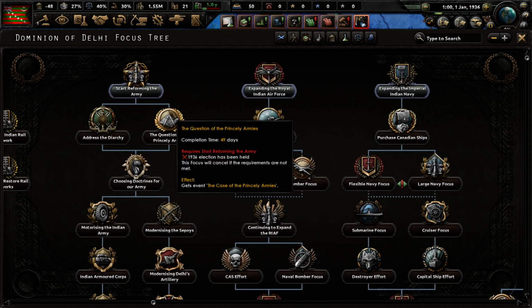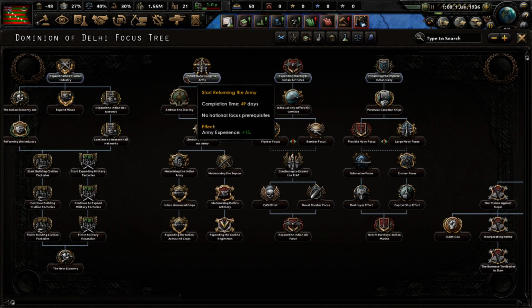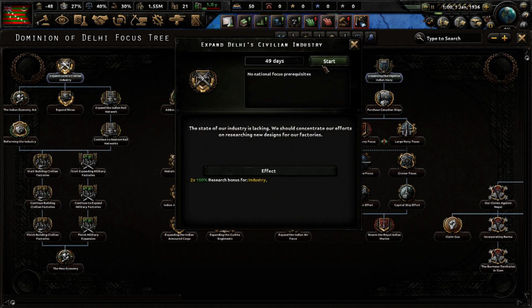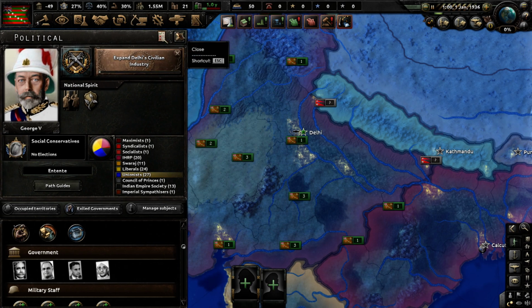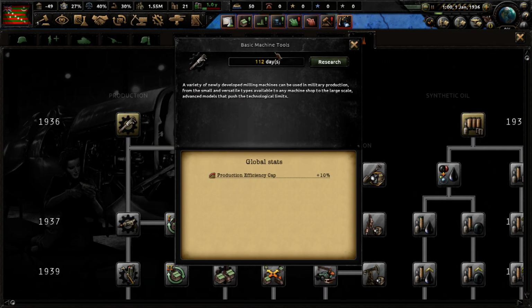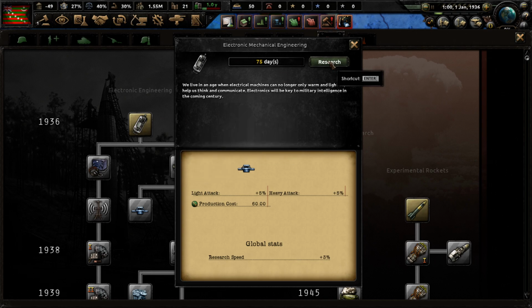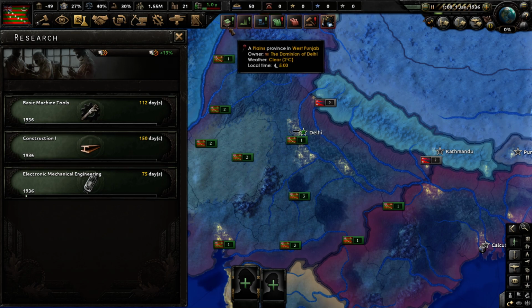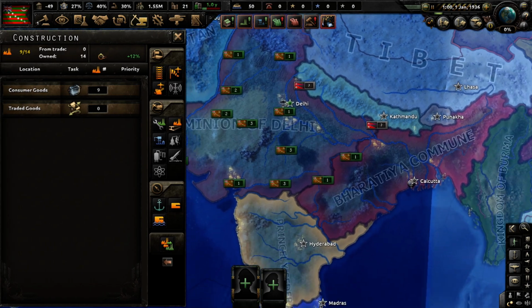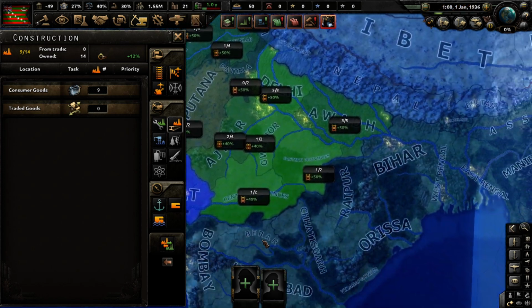So, I believe you can get a different leader than George here. But let's just go with a little bit of industry first, get those double bonuses. 3 research slots, not that bad. Let's go ahead and do basic machine tools, of course, construction, and research speed, electronic mechanical engineering. I apologize, guys. I've been a little bit sick, so my vision's a little bit blurry. I'm having a little bit of a hard time reading, which is not a great time to play Kaiserreich, but